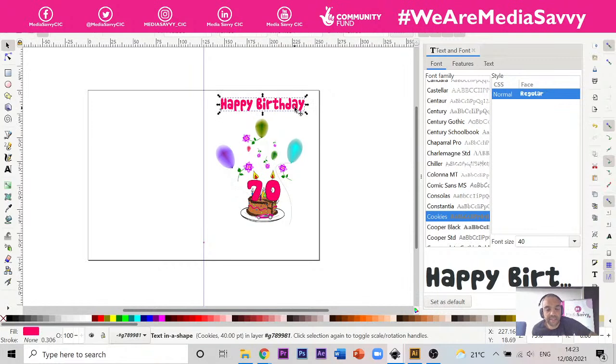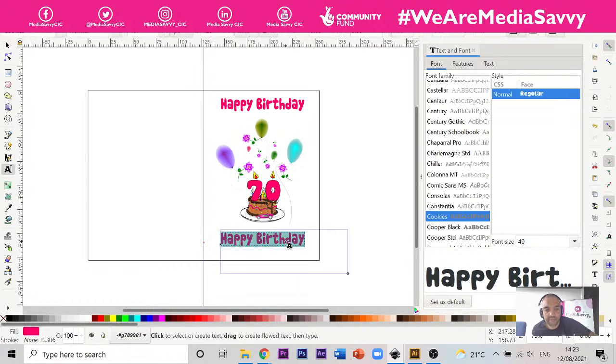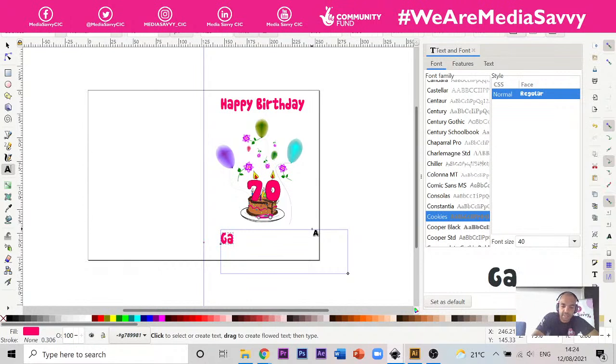And then to make sure I've got the same style font and the same size, I'm just going to press Ctrl and D, hopefully, to create a copy. Hopefully I should just be able to change that, and then we might be our Gran. Okay, so happy birthday Gran,